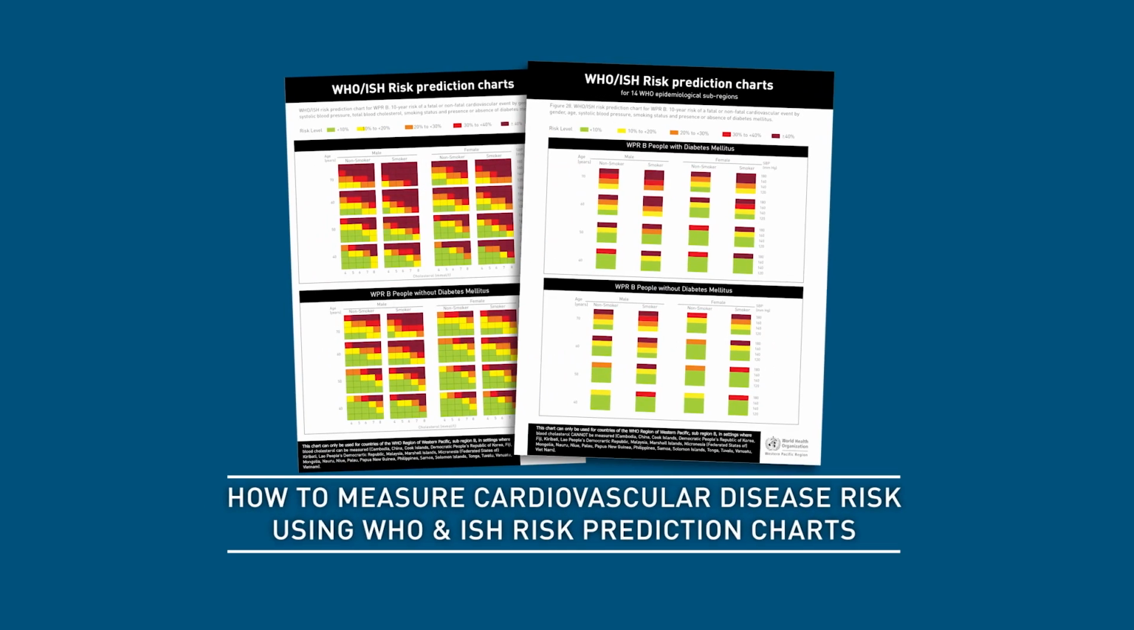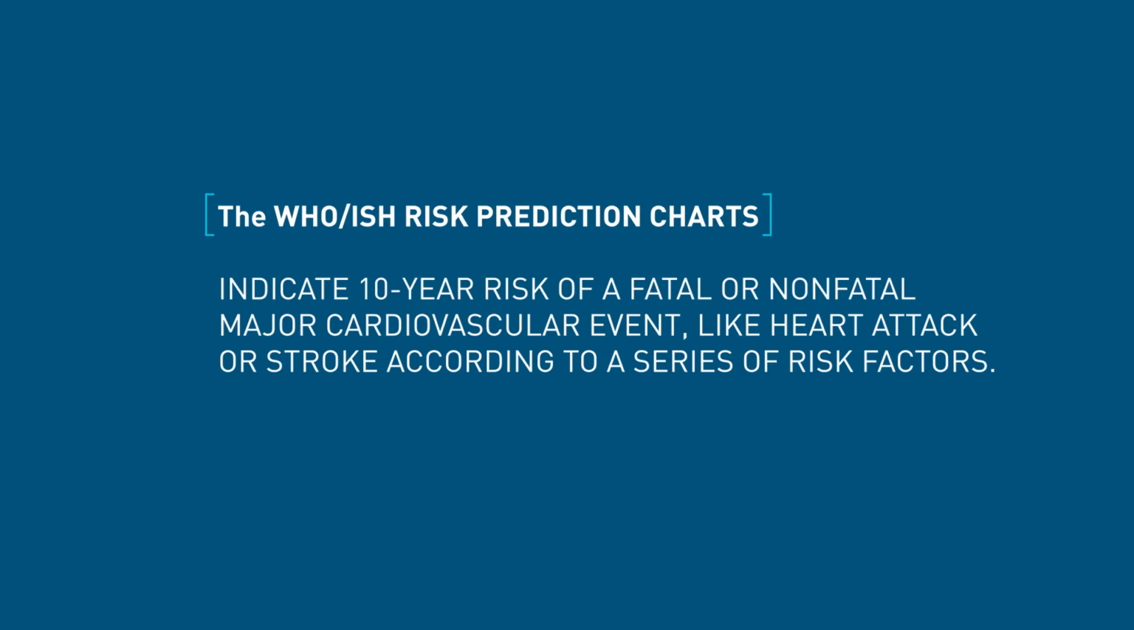In this video, I'm going to show you how to estimate the cardiovascular disease risk, or CVD risk, using the World Health Organization and International Society of Hypertension risk prediction charts. The WHO ISH risk prediction charts indicate the 10-year risk of a fatal or non-fatal major cardiovascular event, like a